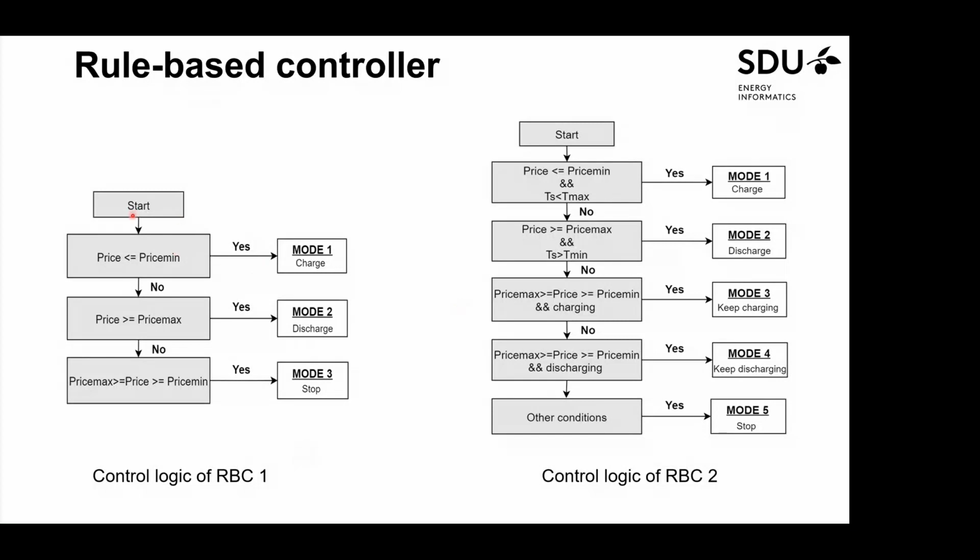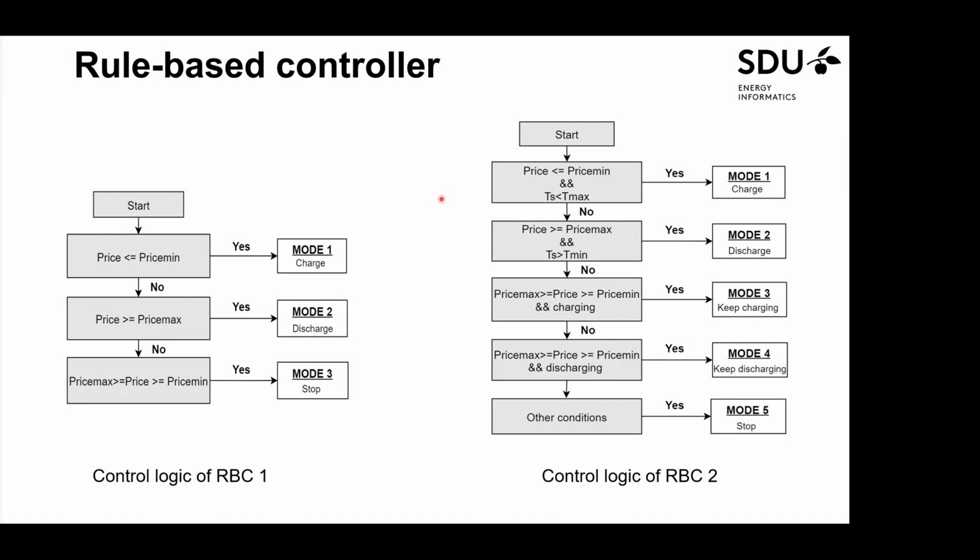So in the initial case we set up the price threshold with a minimum price and a maximum price. If it's below the minimum price, you charge the storage. If it's higher than the maximum, you discharge. If it's within the range, then you choose to stop. So you end up with 3 modes. But we found out this is actually not sufficient to control this